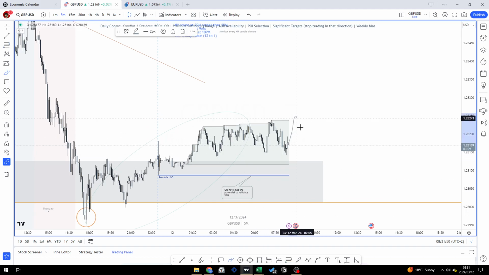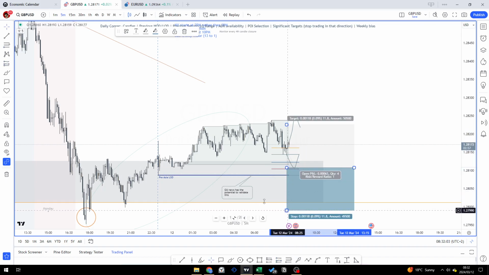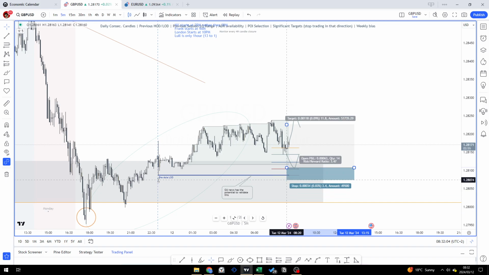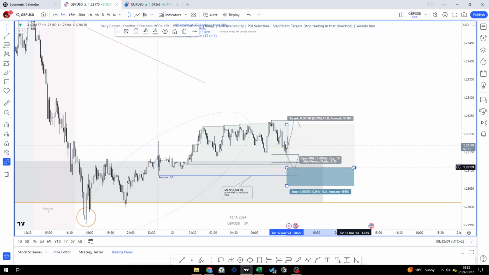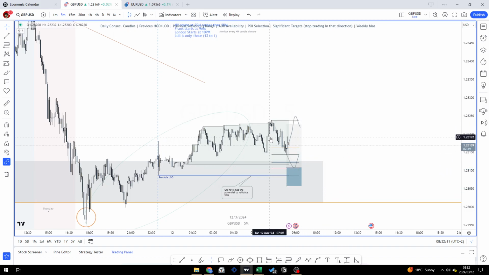So either like that or like this. So for now, if we do want to consider how we're going to enter it, we would enter something like this. So something like that is one option. Or alternatively, once the Asia high is broken,